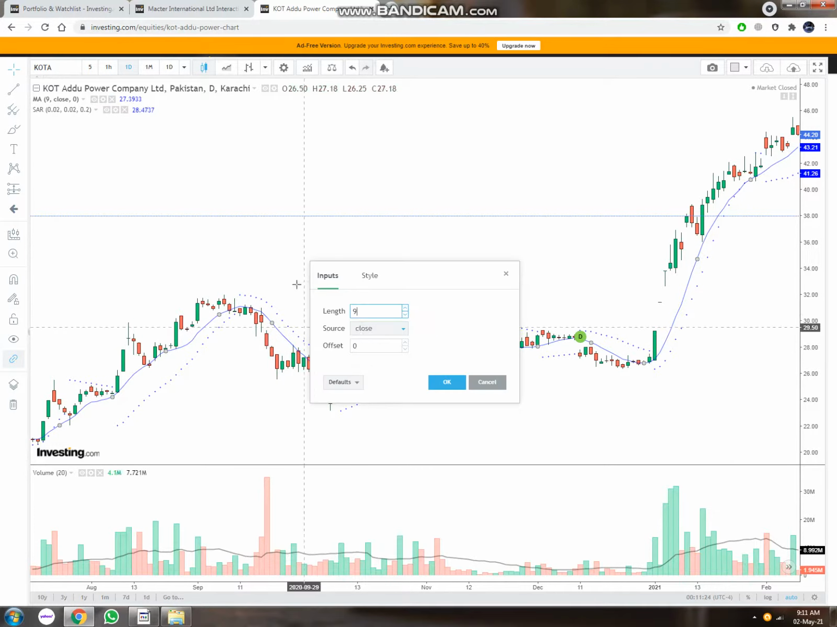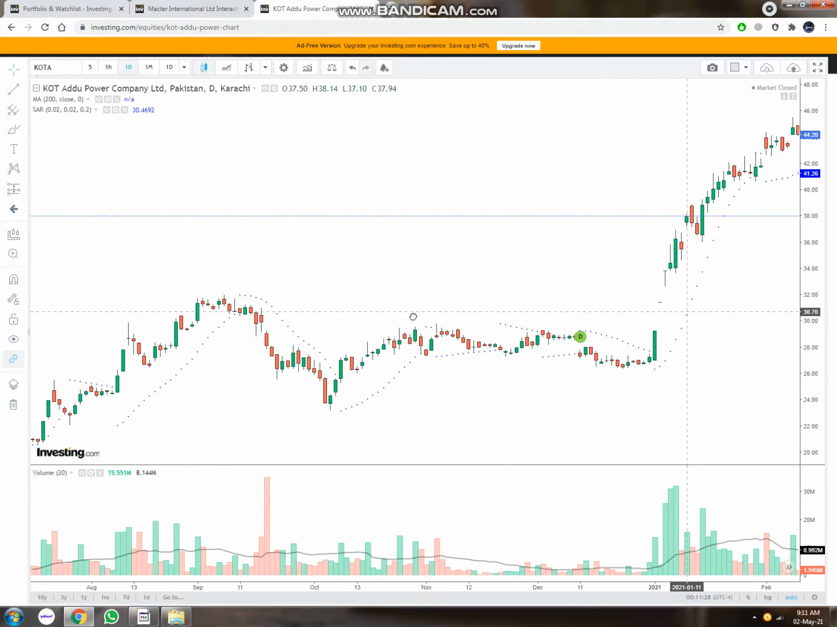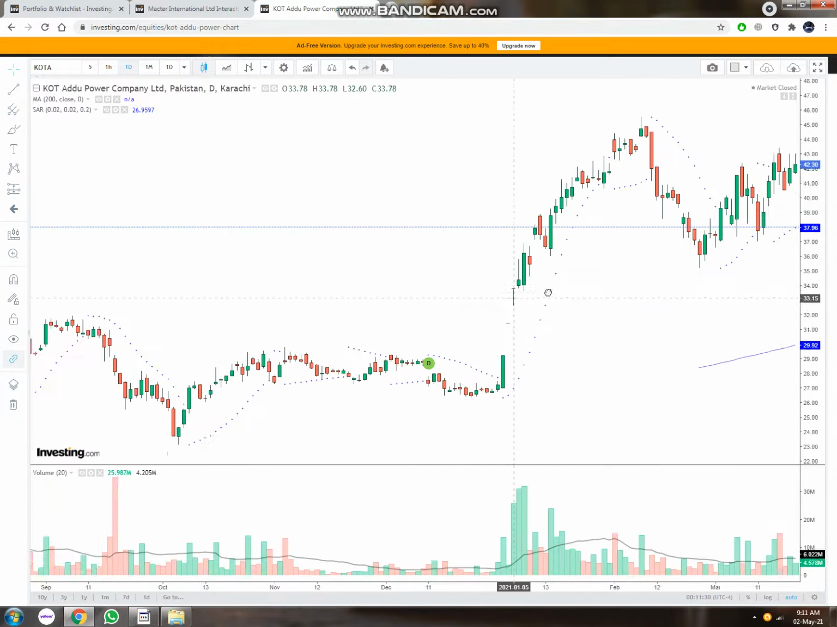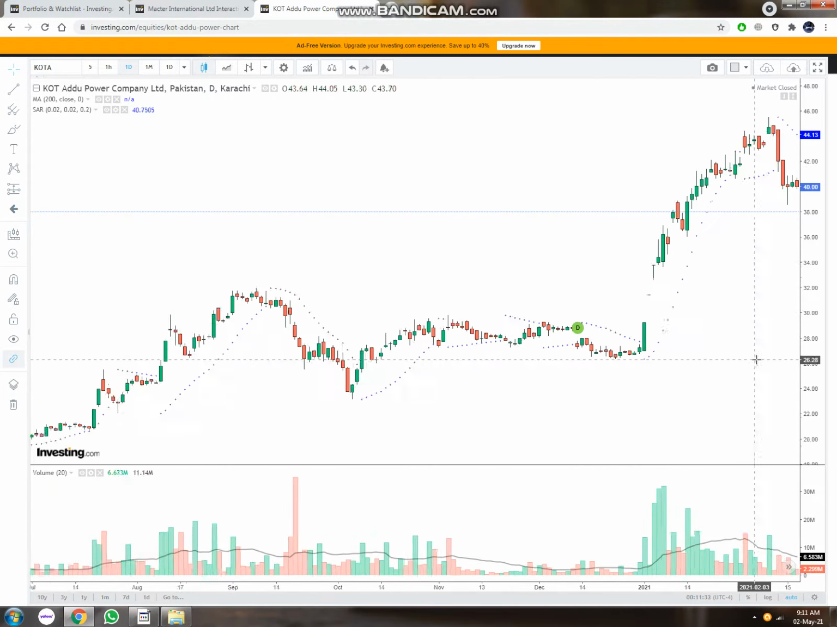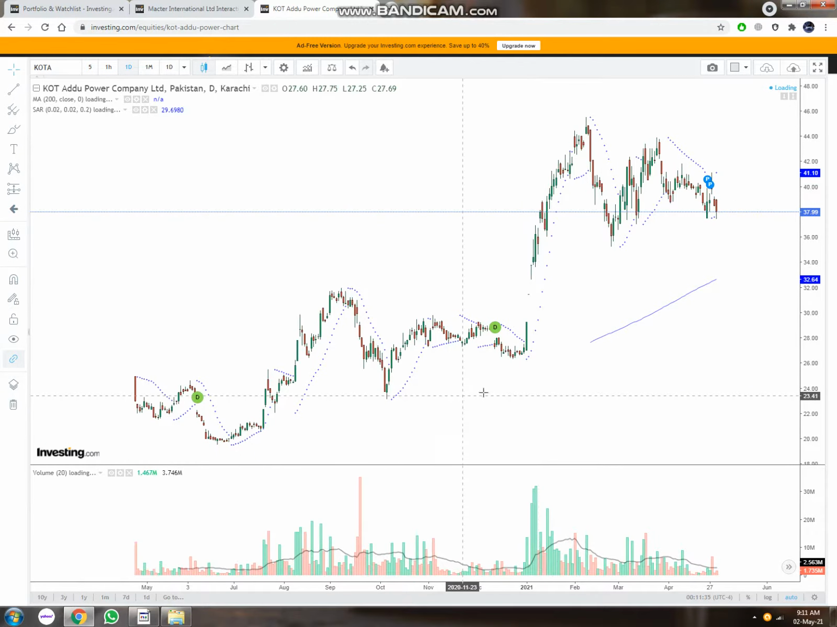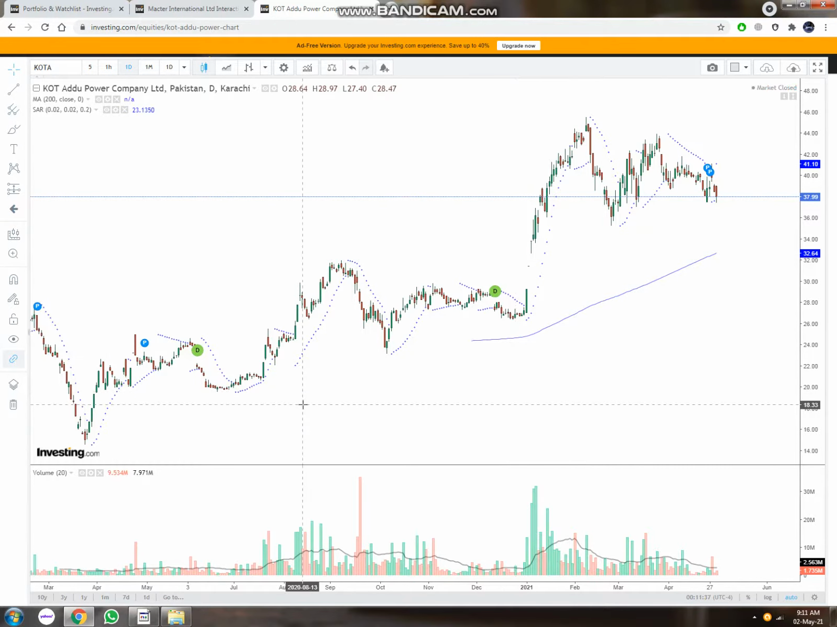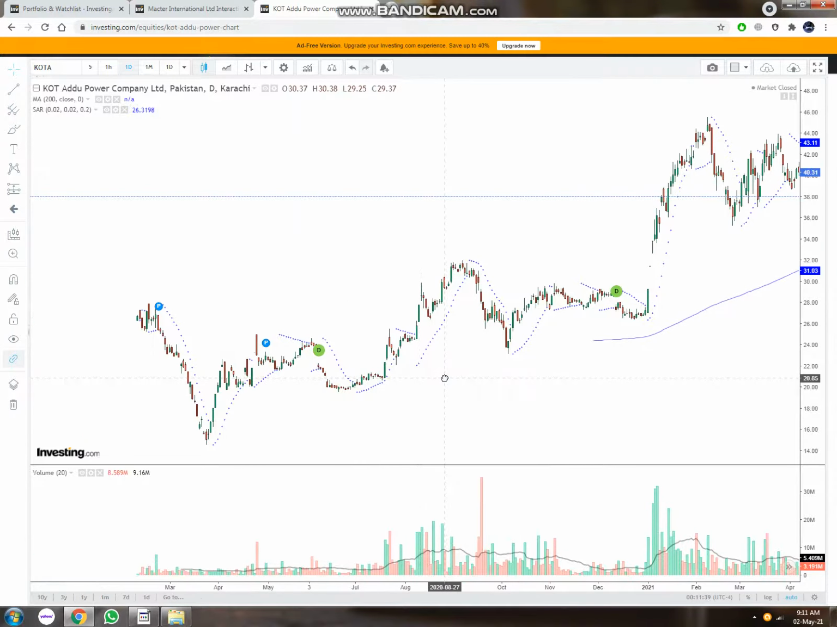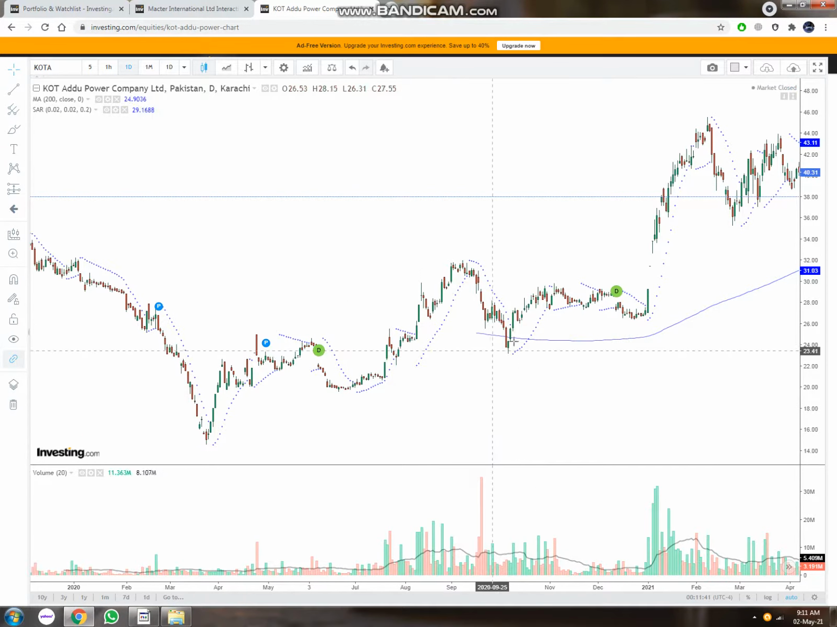The moving average might not show in this case. Now let's see how it performs under the 200-day moving average. Where is it? Yes, right here. Why is it not uploading? Now you can see